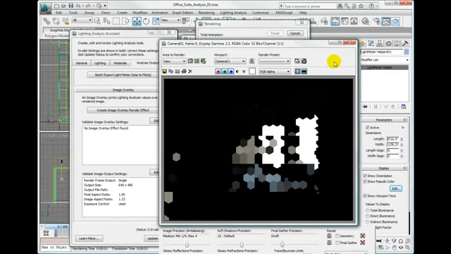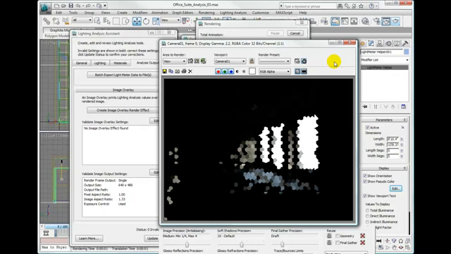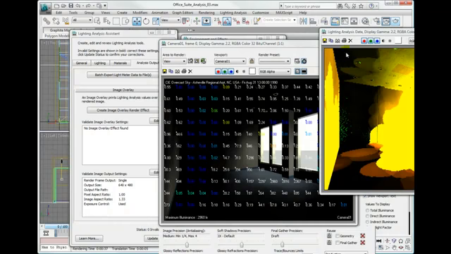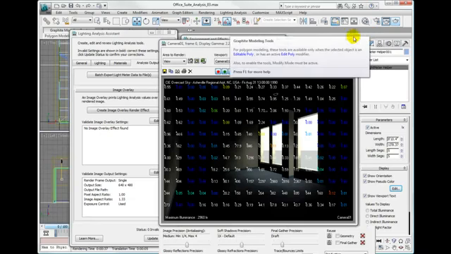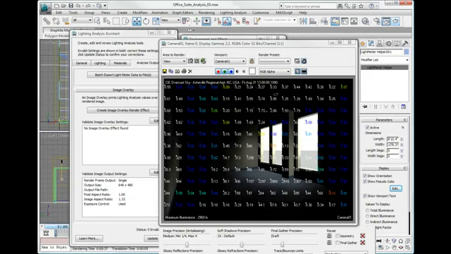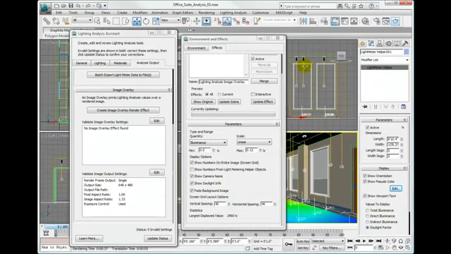We'll wait while this renders. Once it's finished rendering, it will come up with this pseudo color image. This we can close and discard. It's the image that's in the final render that we're interested in. It provides the lighting analysis in illuminance, and currently our color values are not set to the value that we have in the scene. So we'll go ahead and close the render dialog, and if we look in the